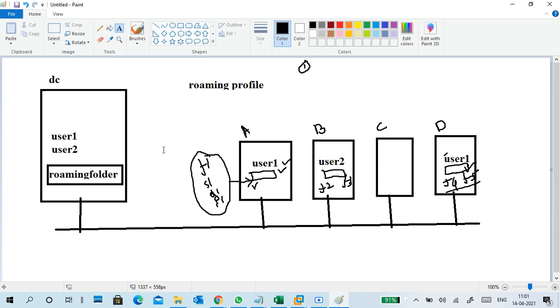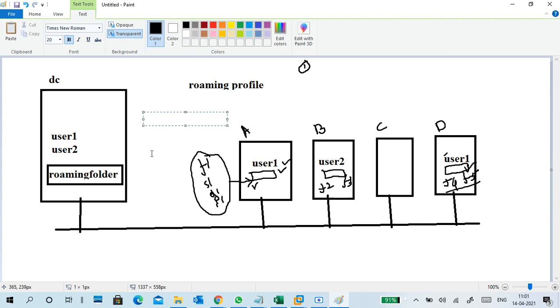Of course, you may get a doubt or may not, but this is a folder named roaming folder, right? If all your profile data is stored here, then we could all see each other's data, right? So it won't happen. It will store like user one dot something, user v3 something.